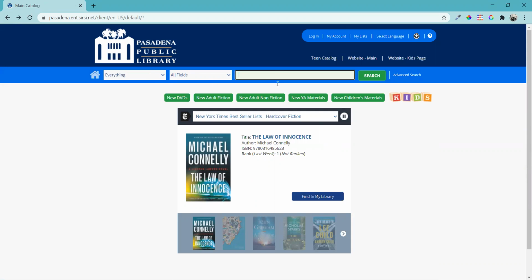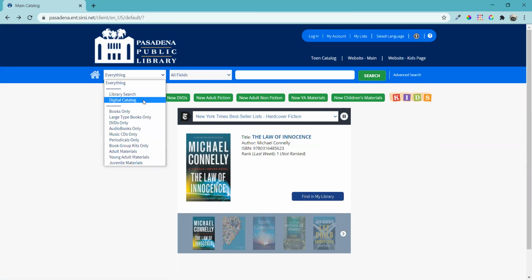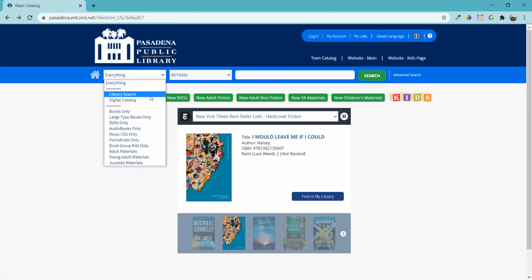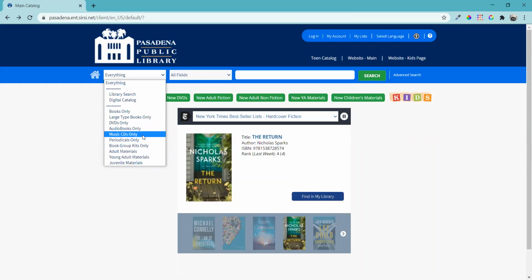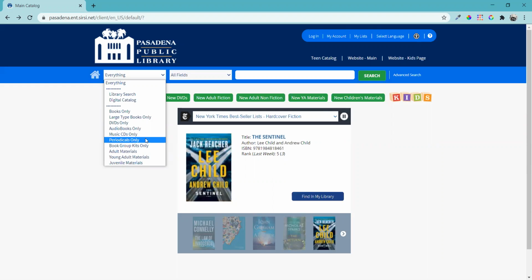Another thing you can do pre-search is decide whether you want to limit your search in advance to particular things like physical materials, electronic materials such as ebooks or e-audiobooks. You can limit your search to books only, to large print books only, to DVDs only, to audiobooks only, to music CDs only, to periodicals, magazines, generally, or journals that we may carry,